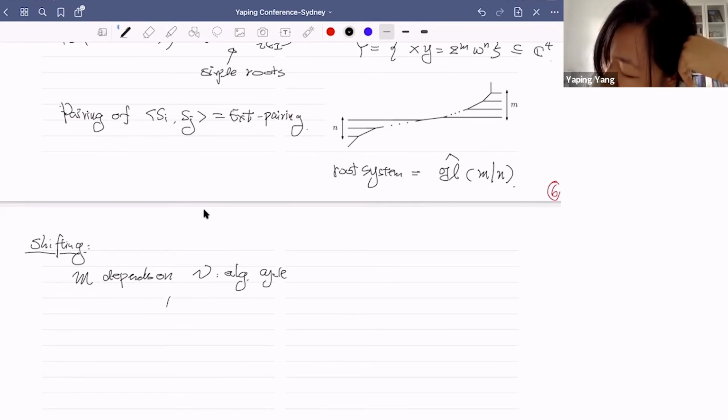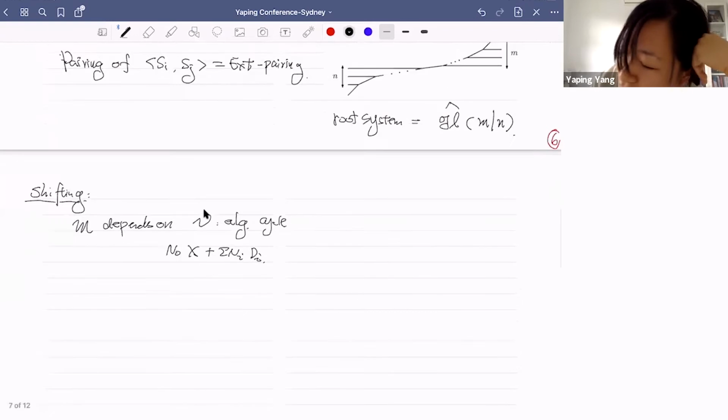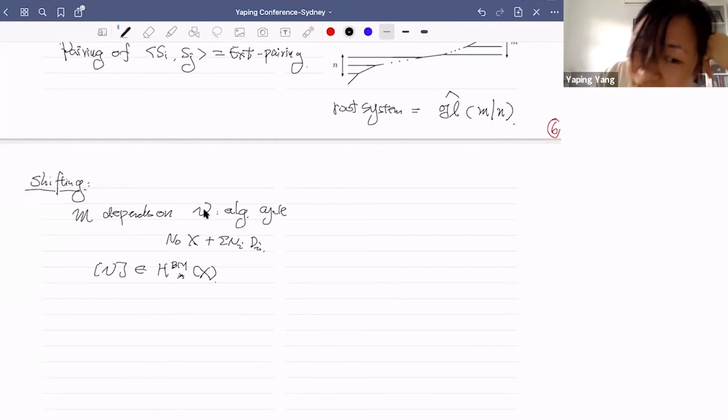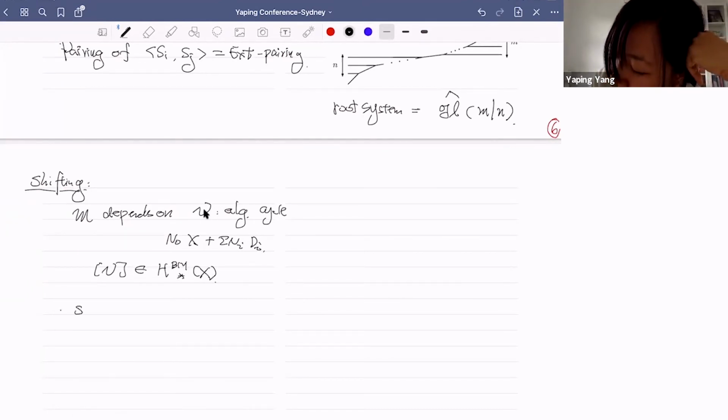Right, so some multiplicity of X and some effective divisor, for example. Right, so I will consider this thing. This algebraic cycle, I will consider the element in the Borel-Moore homology of X. Okay, and my moduli space also depends on a stability condition,